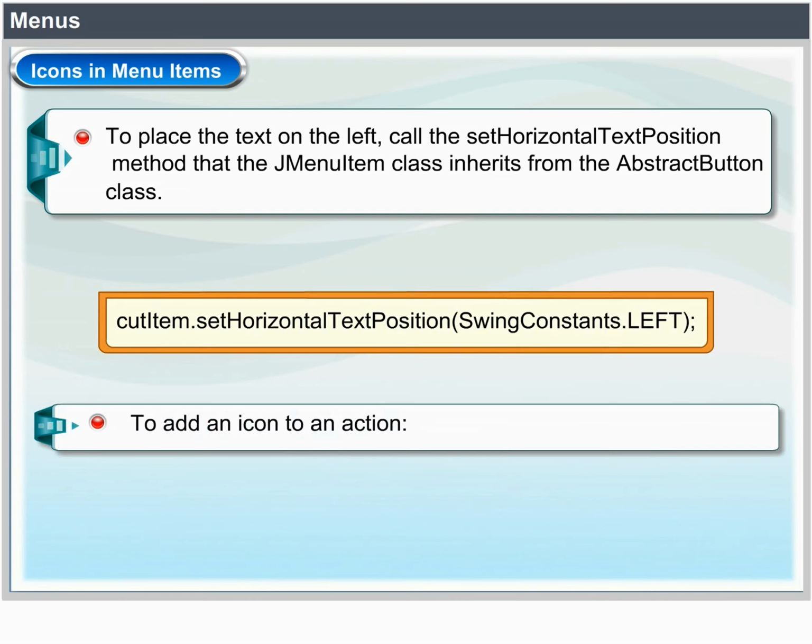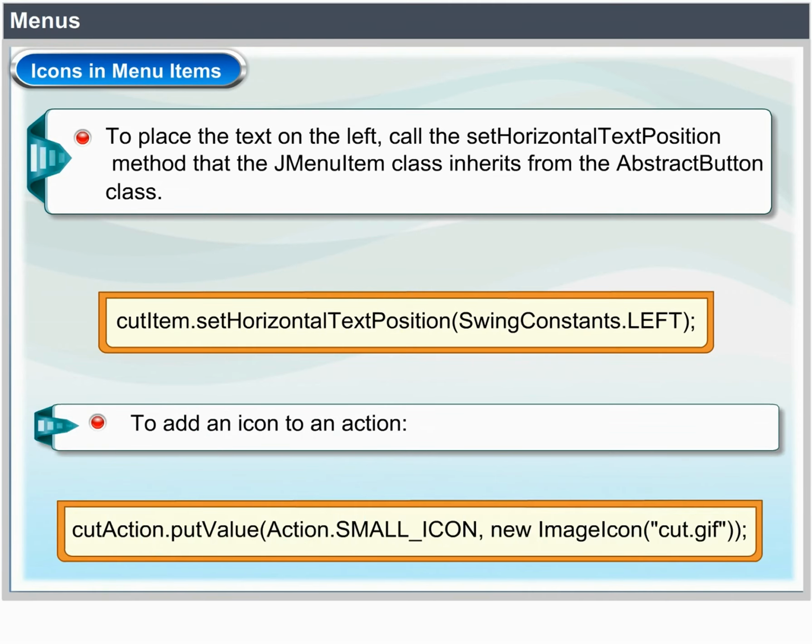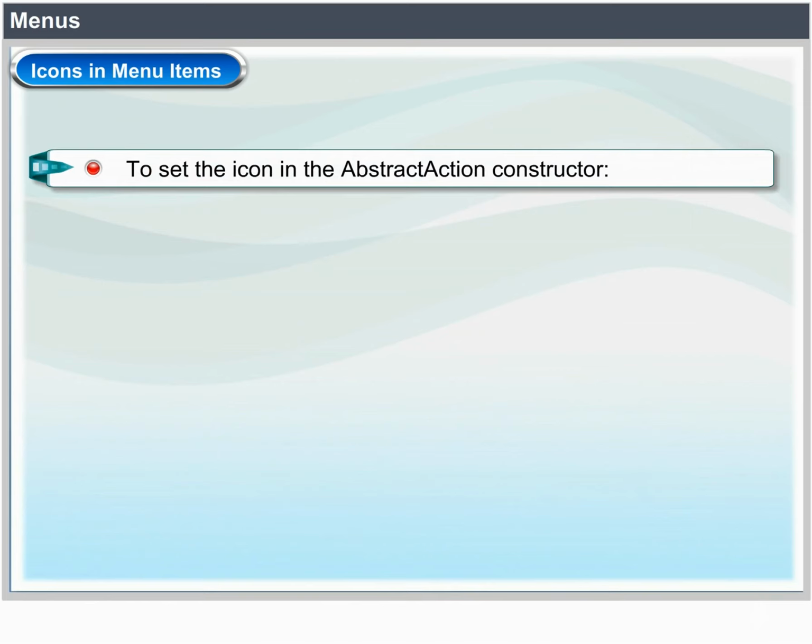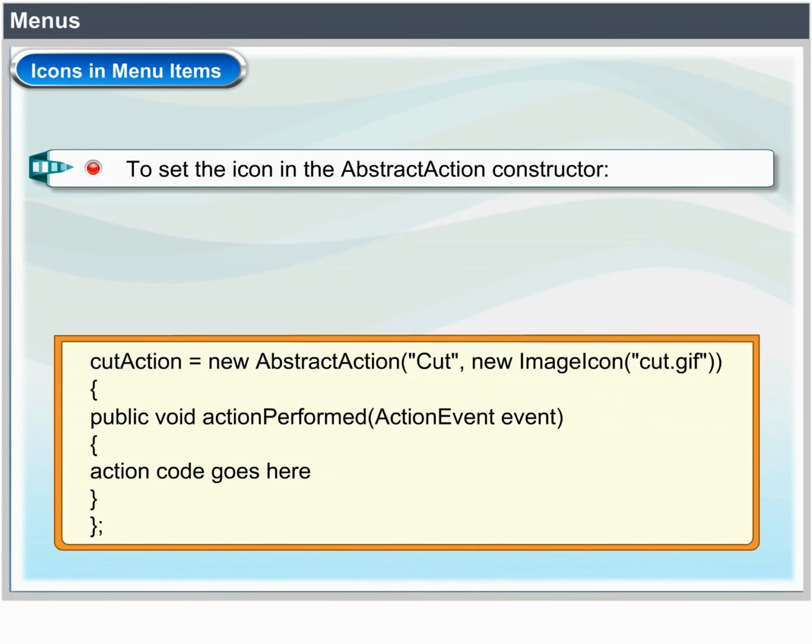To add an icon to an action, cutAction.putValue(Action.SMALL_ICON, new ImageIcon("cut.gif")); To set the icon in the AbstractAction constructor, cutAction = new AbstractAction("Cut", new ImageIcon("cut.gif")) { public void actionPerformed(ActionEvent event) { // action code goes here } };